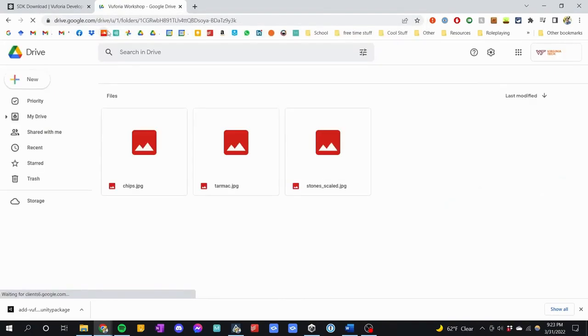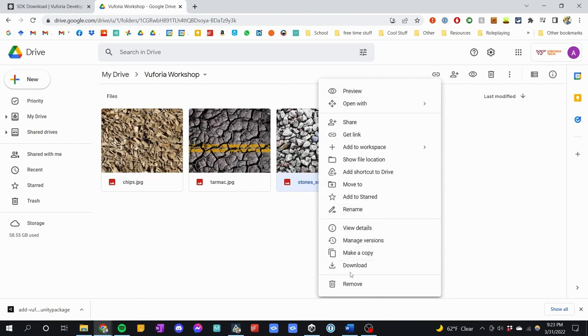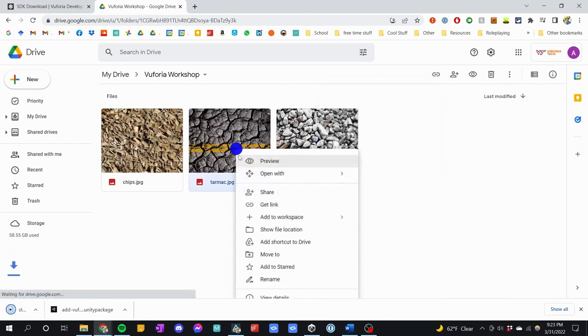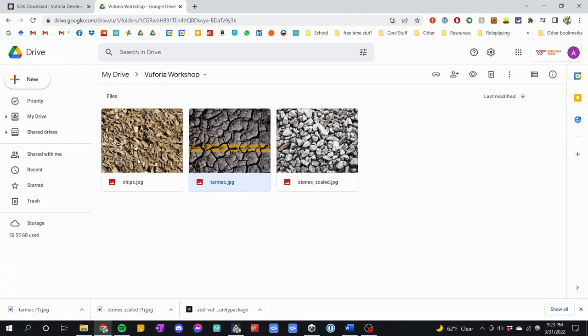Go there. It'll take you to a drive folder that I've shared. In there, we have all three of these images. You're going to want to just download each of these images. It'll zip them if you download them all together, so I'm just going to download each one at a time. Oh, it appears I already have them downloaded on this computer. But yes, you want to download each of these, and then once you have them all downloaded,